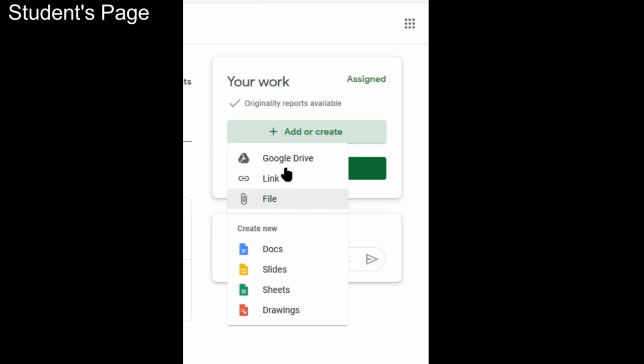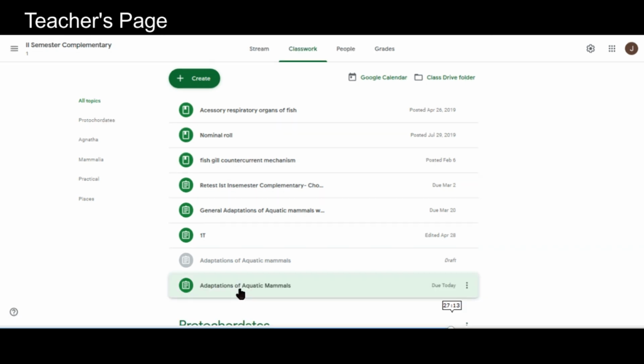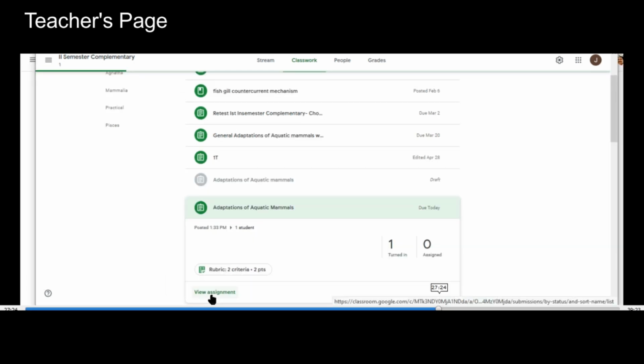Now let us come back to teacher's interface to understand how the submitted work can be evaluated. In the classwork page, on clicking on the concerned assignment, the teacher gets to know the number of students who have submitted the assignment.